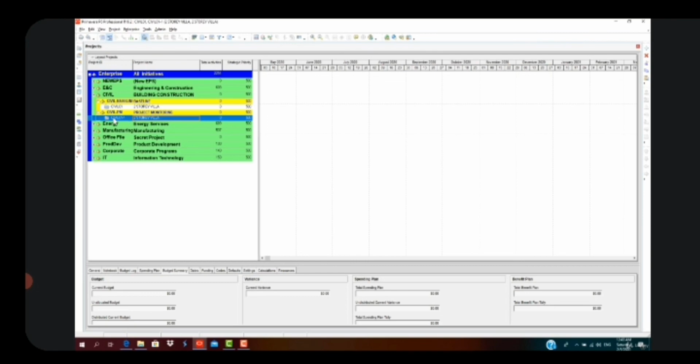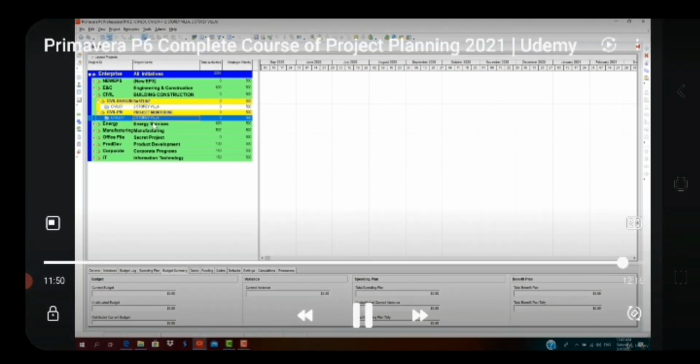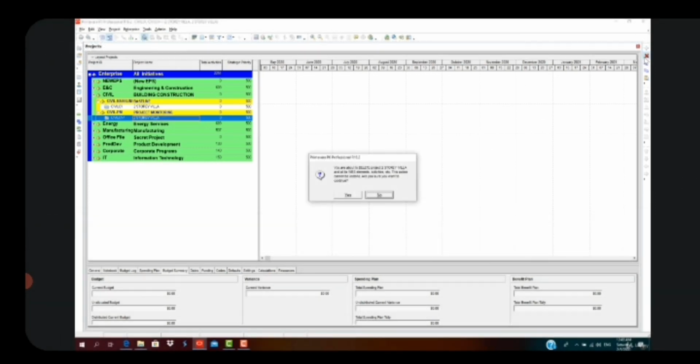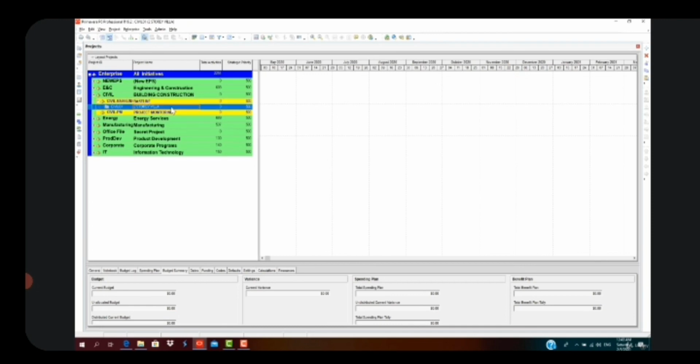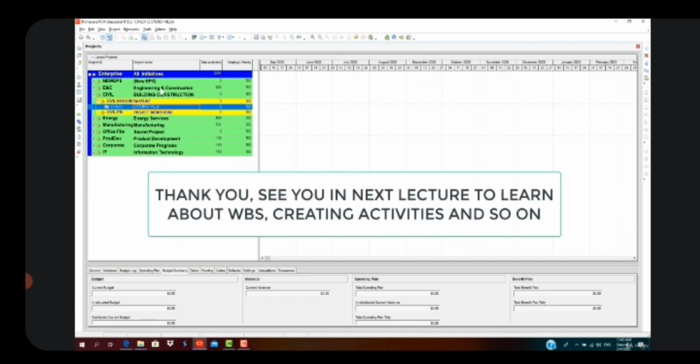So I'll be deleting the file under project monitoring. Once the baseline is finalized, I'll set this as a baseline and move to the project monitoring stage. At this moment, I'll just delete this file. I click here, delete, then yes, I'm going to delete this. Okay, thank you. We have created a project. Now, the project has been created. In the next session, we'll be discussing adding activities, durations, assigning calendars,